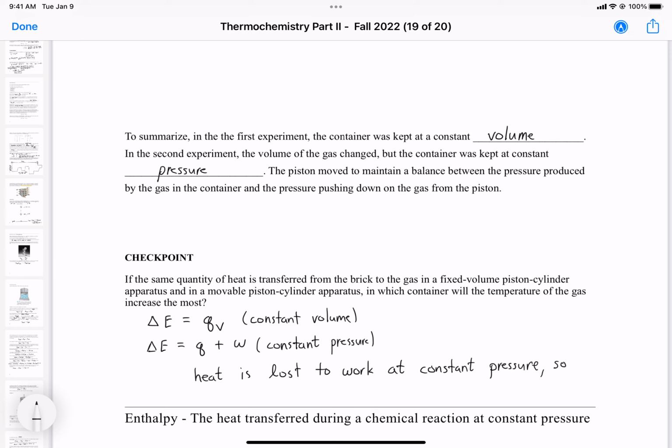So this will cause the temperature of the gas to not be as high as the first scenario, and that's because we're losing energy to do work instead of heating the gas. So the temperature should increase the most for the constant volume